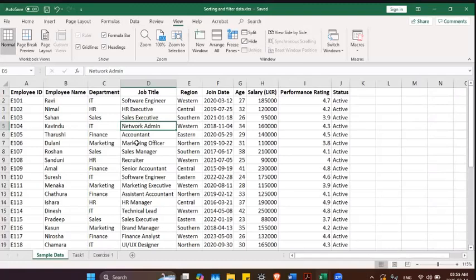But on the other hand, we have something called filtering. So filtering means it is going to remove some data. Actually, remove means not going to delete. It is not going to show us some data. That is filtering. So filtering means it is going to